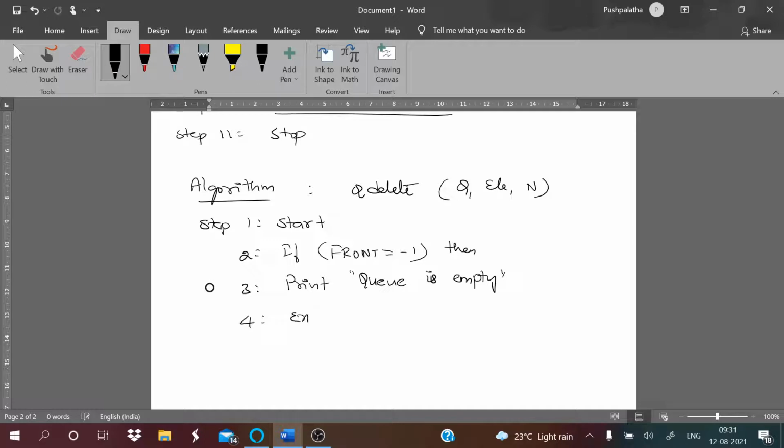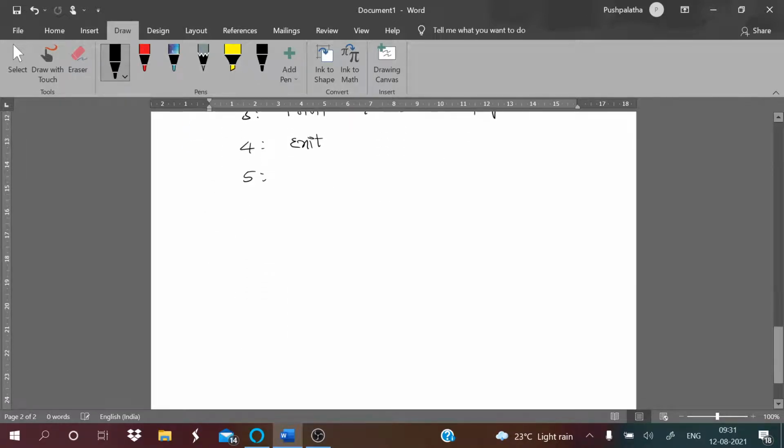Then exit from there, or else you are going to delete the element based on how many elements you want to delete. While front is not equal to n-1, that is till you reach the last element in the queue. Remove the first element. Q of front is taken out.